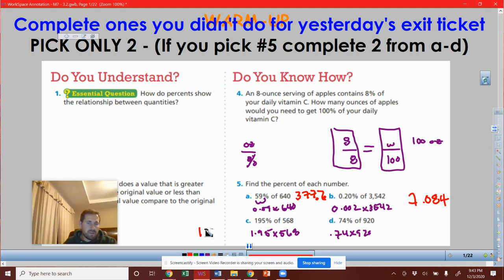This one is 11,076. So we know that we're almost 200%, which would be like doubling this value, and we almost did double the value. So very close to that. And our last one is 680.8. Seems reasonable, only almost 3/4 or 75% of 920. So we know it should be a number less than